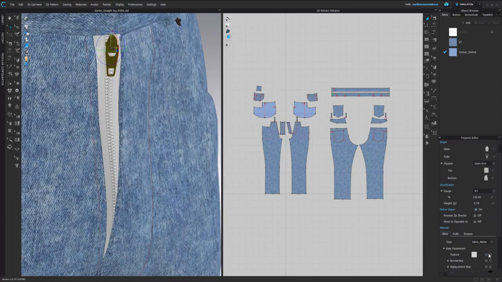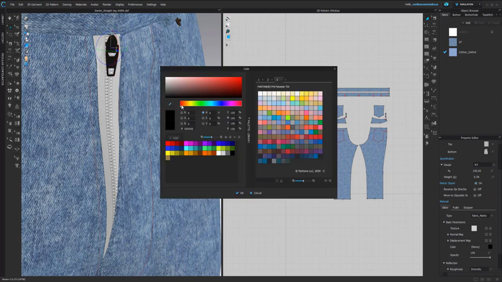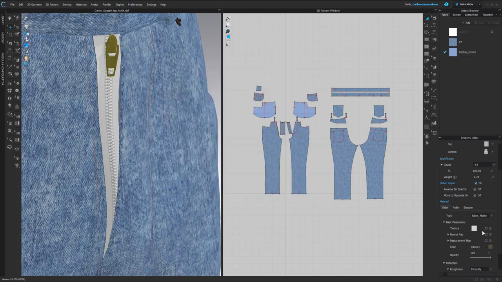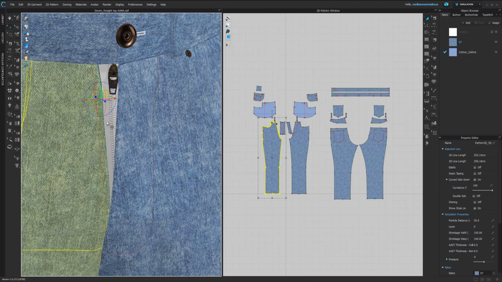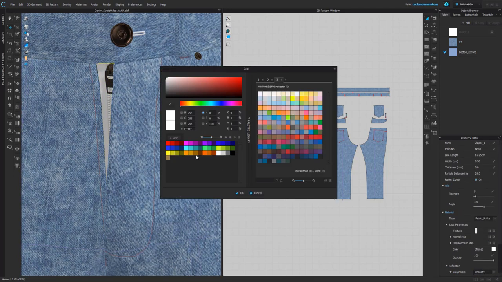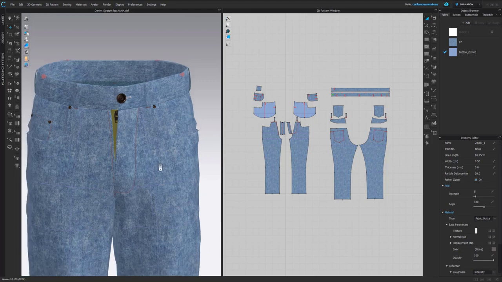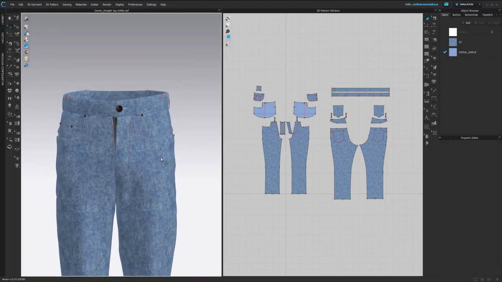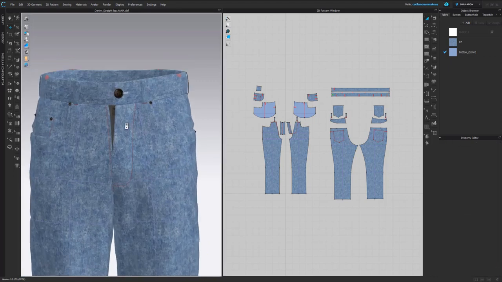And I can change the color, and also I can put an ending for my top and my bottom as well. And I can change the color to something maybe a little bit lighter so that it's similar to what I had, like that. And change the fabric material type to metal, like this. Yes, and I can also change, of course, the color of my zipper teeth. So something maybe on a darker gray, like that. So once I've done that,